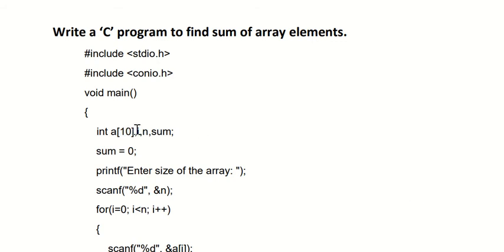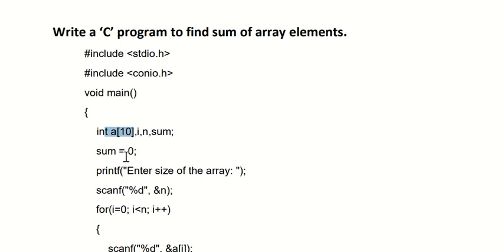Now after that some normal variables like i, n, and sum. We require sum because the program is to find the sum of array elements. We require i for the for loop, and n because we are going to first ask the user how many numbers they want to enter. To store the array elements or numbers we require an array variable, and for that we are using a[10]. Right now the size is 10, it is up to you. If you want, you can give the size as 5, or 15, 20, 25, 30, 40, etc.